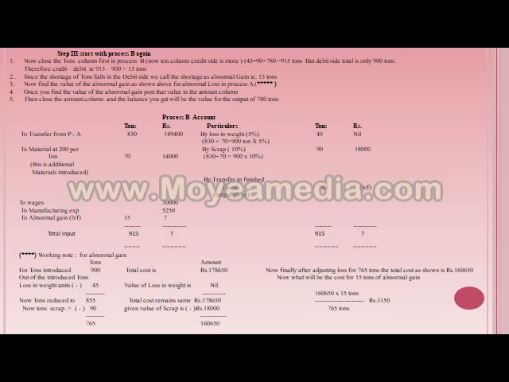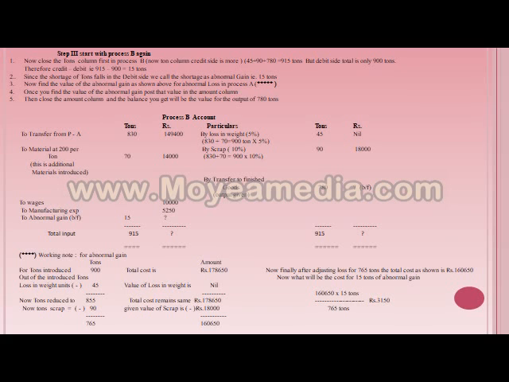Then remove again the scrap, the scrappage of tons. For 90 tons, process B has a value of 18,000. After removing the 90 tons, you get the real tons at the end as 765 tons, and the cost works out to 1,60,650. So for 765 tons, the real cost is 1,60,650.